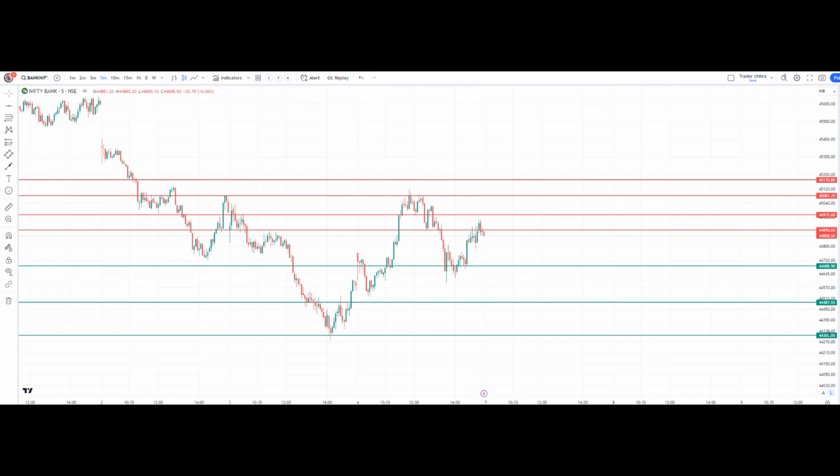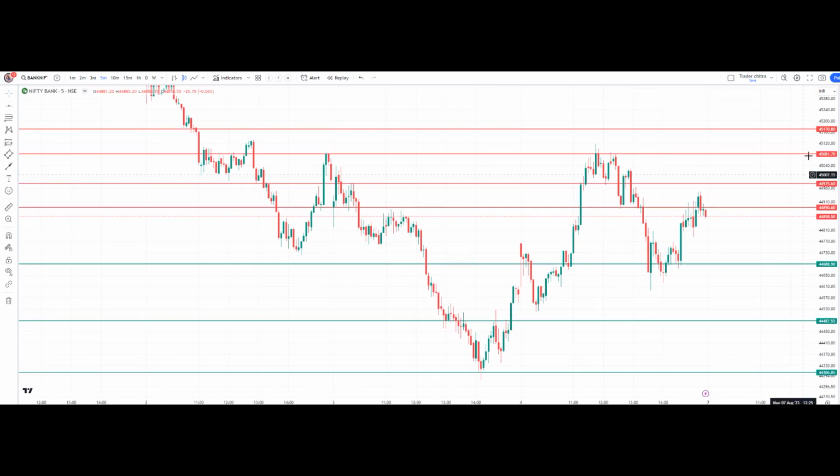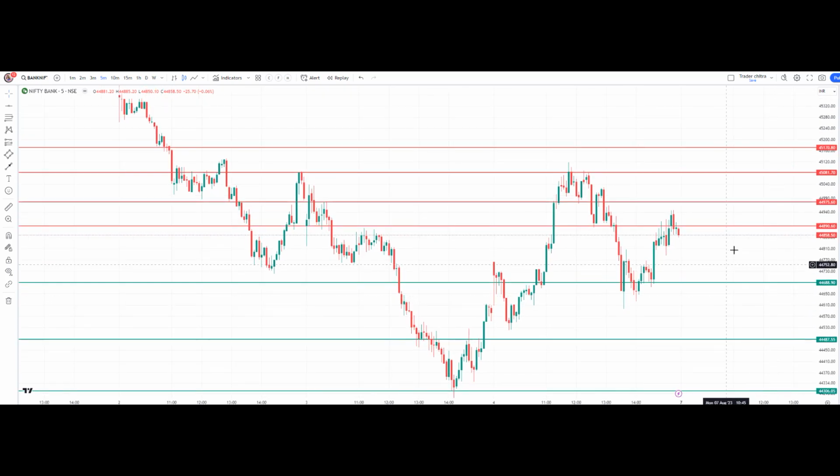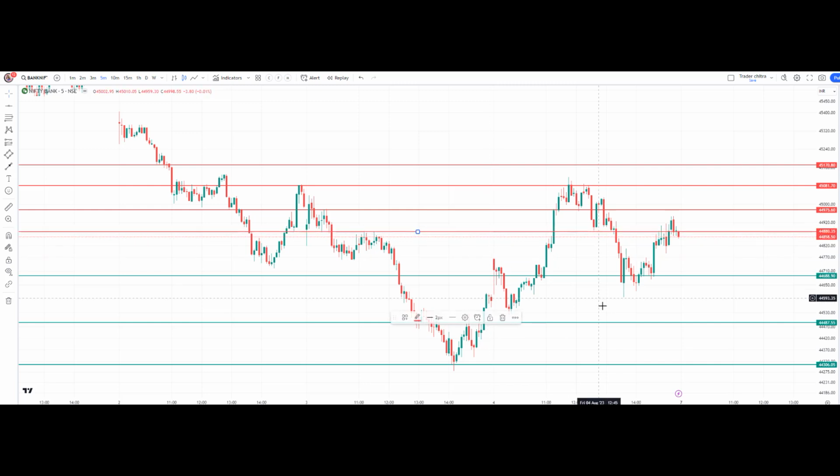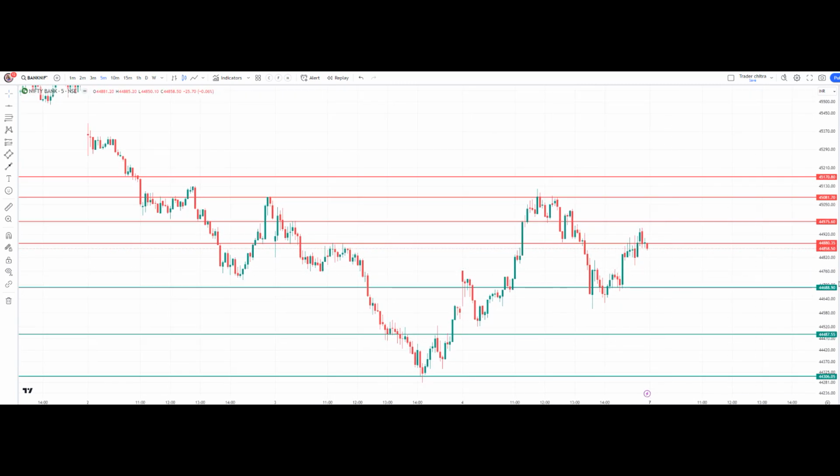Okay. So here the levels marked in green are the support zones and the red are the resistance zones. So 44,688 is a major support for Bank Nifty. So if Bank Nifty is able to sustain above 44,688, the next resistance zone is 44,890. So here we can see 44,880. Why 44,880? Because that is the major resistance in the lower time frame. So for intraday traders, Bank Nifty is also taking support from this particular level, and this is also a resistance zone. After that, the next resistance zone will be